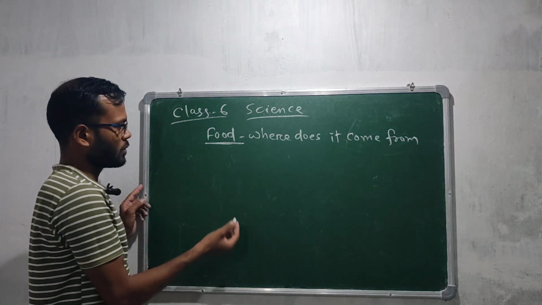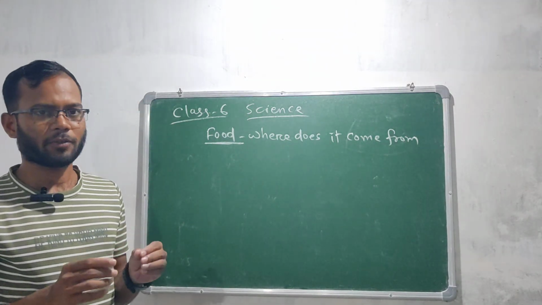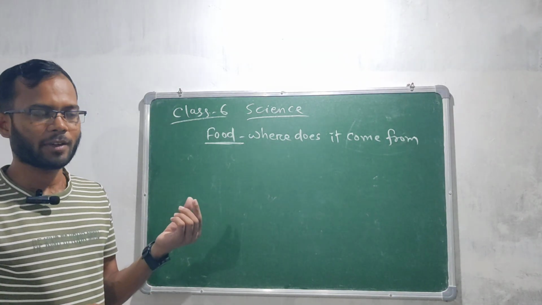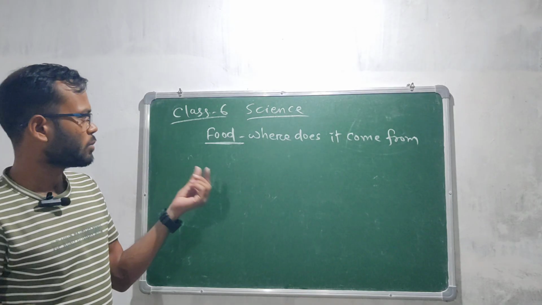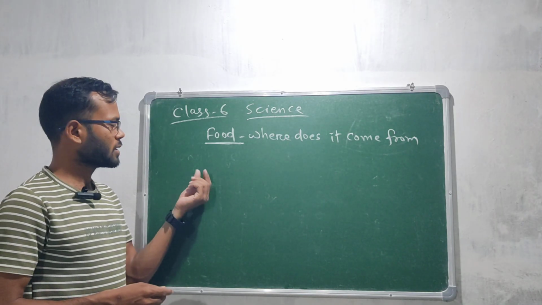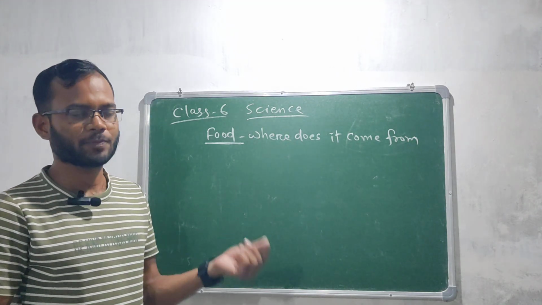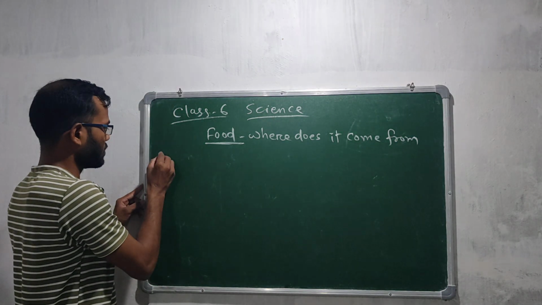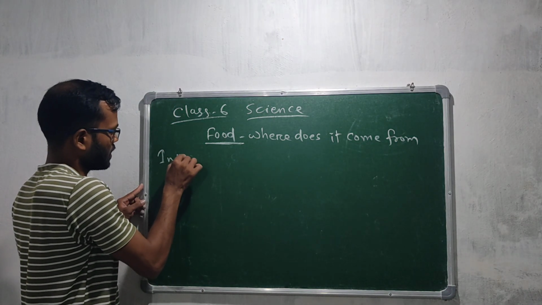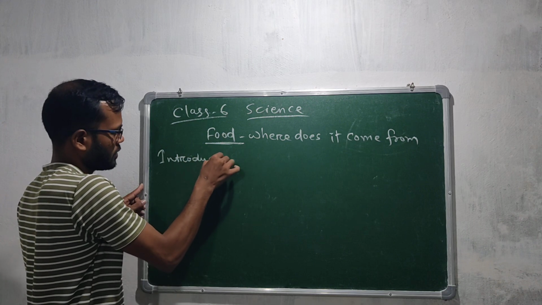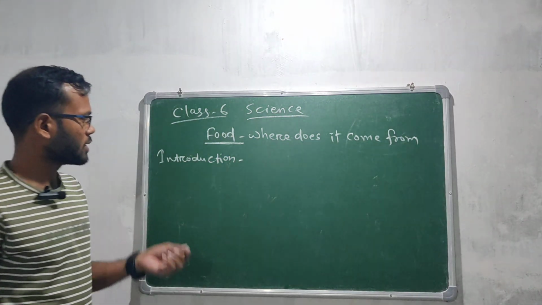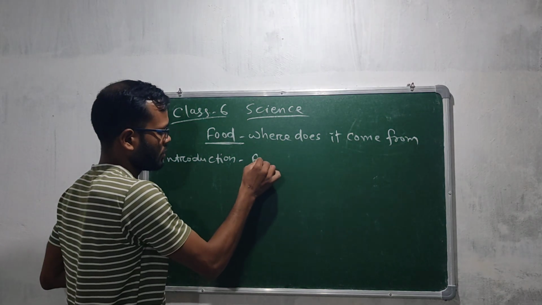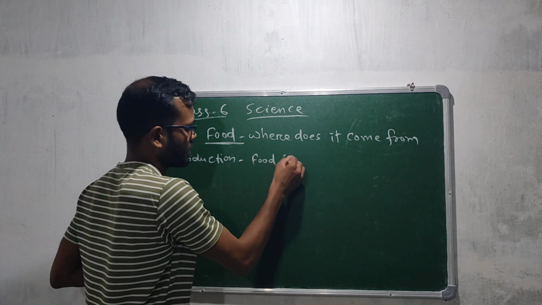So, we get food from two sources. Everything is living, but the first one is plant sources and the second one is animal sources. So, first, the introduction. What is food? In the introduction part, we will discuss that